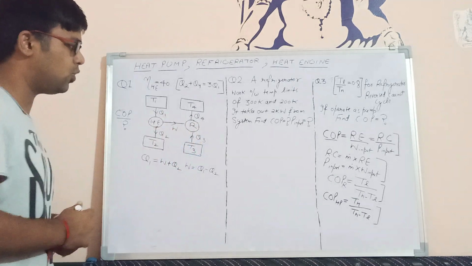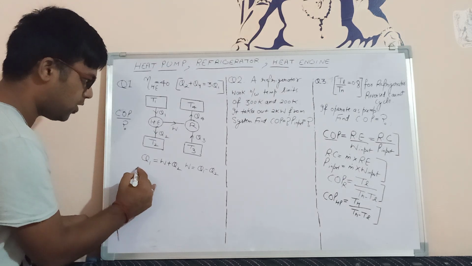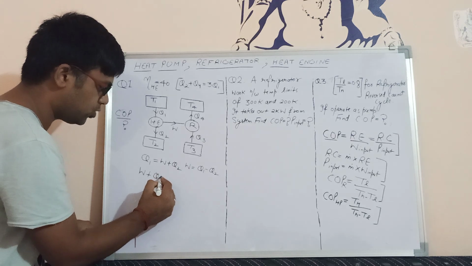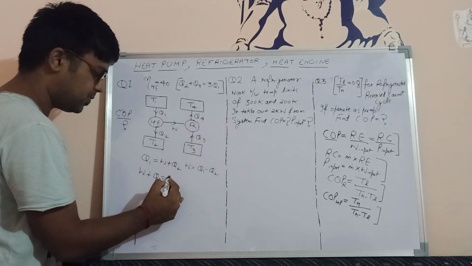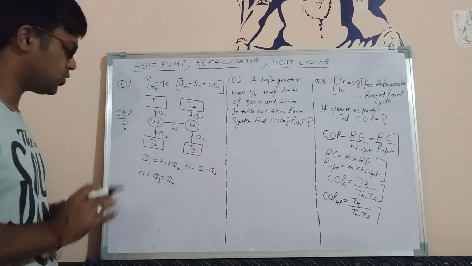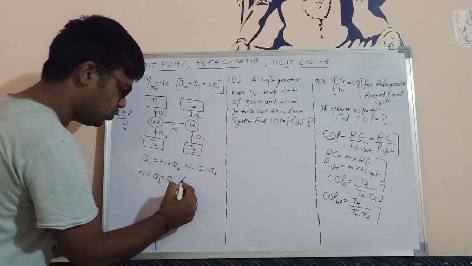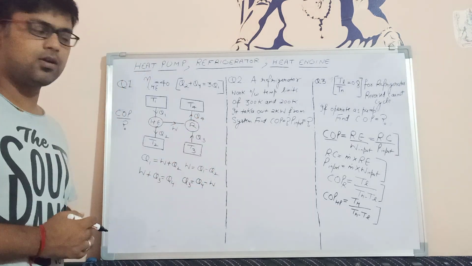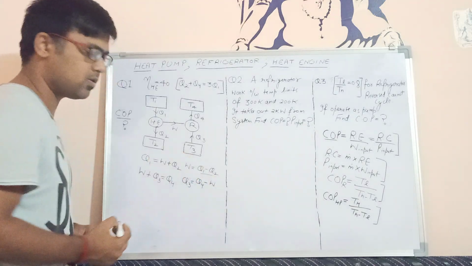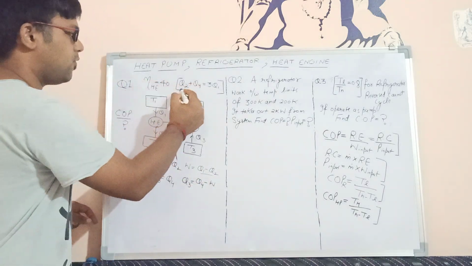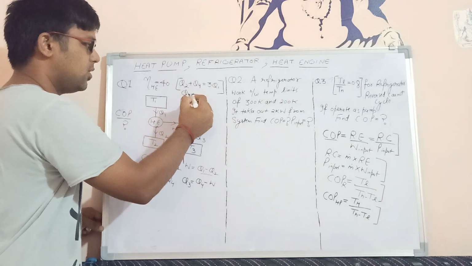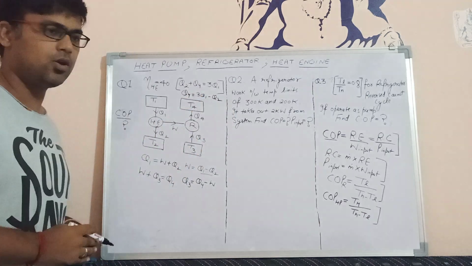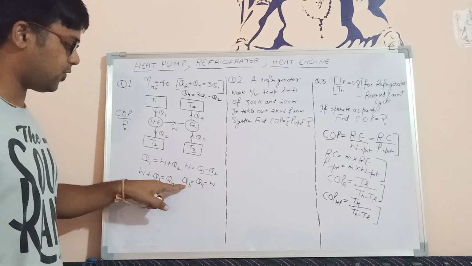Secondly, if I go towards the refrigerator, what is the formula? W towards the refrigerator plus Q3 towards the refrigerator is equal to Q4, which is coming out from the refrigerator. In simple words, Q3 will be equal to Q4 minus W. W is Q1 minus Q2, and Q4 we find from the relation already given to us: Q4 is 3Q1 minus Q2. So put the value of Q4 as well as W in the formula of Q3.